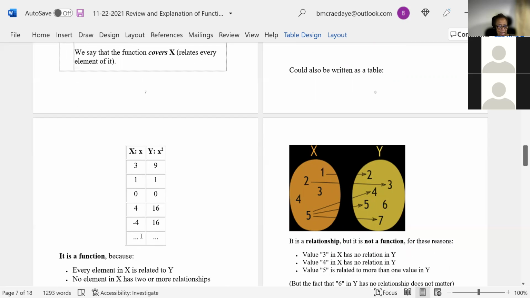So every element of X is related to a Y. So every input should be related to an output, and no X value should have